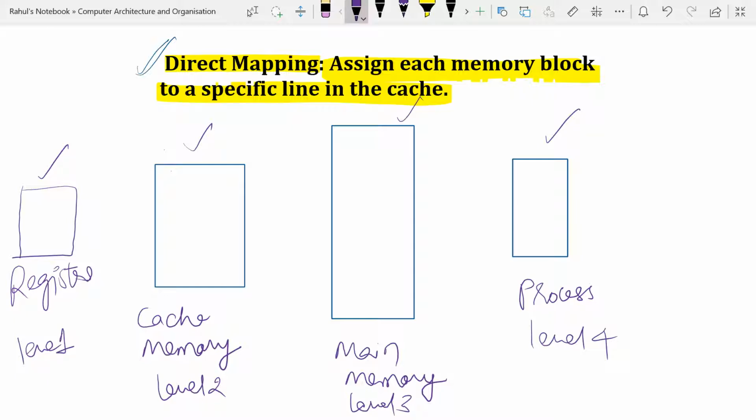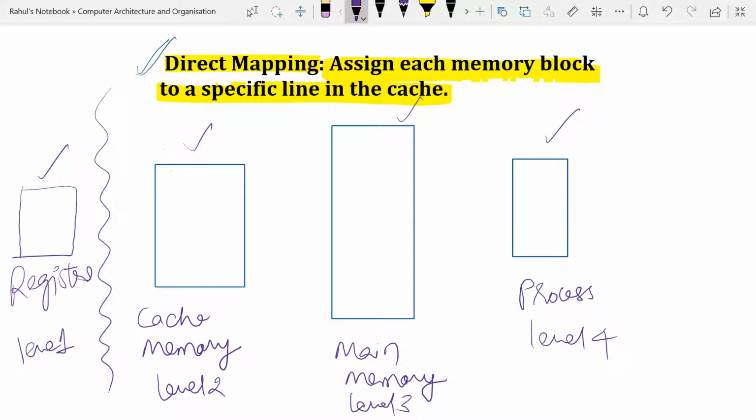Now basically we are ignoring the registers because the mapping is completely in terms of cache memory. As you all know, the cost of registers is very high. That is why if we consider registers in terms of mapping, then the overall cost of the computer will be too high, and the size of registers is also low. That's why, for normalizing the cost of computers, we are concerned mainly with our cache memory.